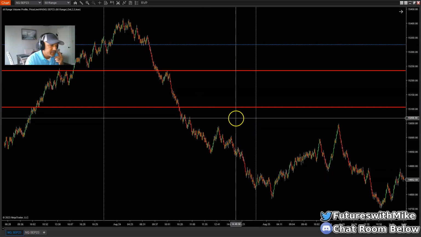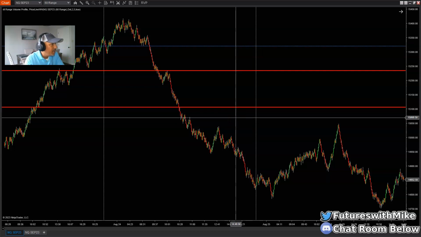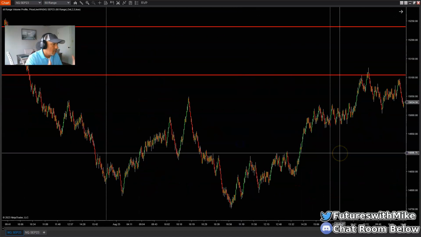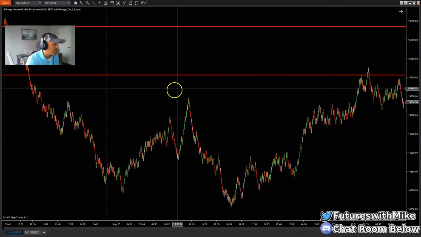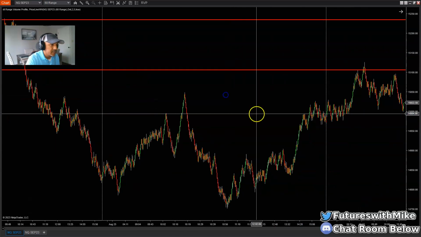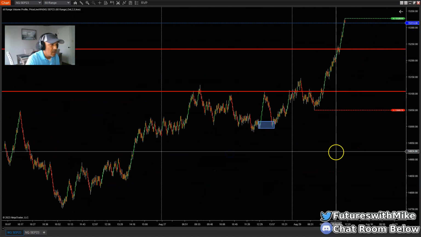So the trade was valid. You've got to look at, I was looking for confluence. Higher time frame showing bullish activity, lower time frame showing bullish activity just as well, and that's why I got into the trade there to go long. Okay, I tried to get it more into a pullback, but the market was just taking off, and I knew it was going to rip to the upside because it's got to fill in these imbalances or gaps. So that was a beautiful trade to the upside on the Nasdaq.